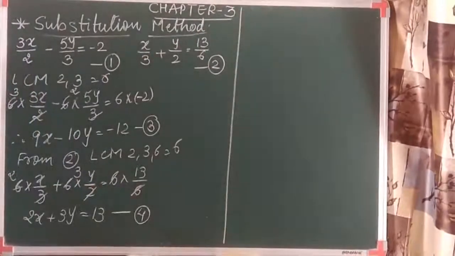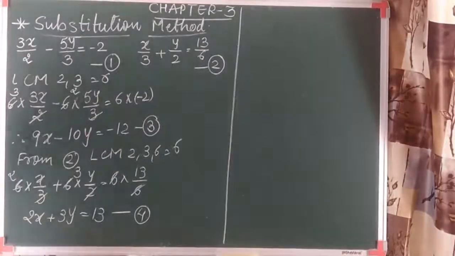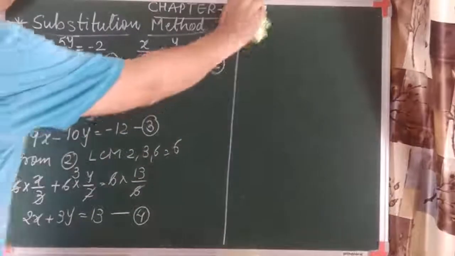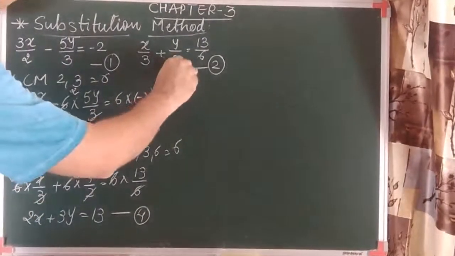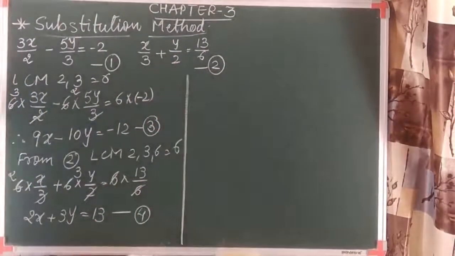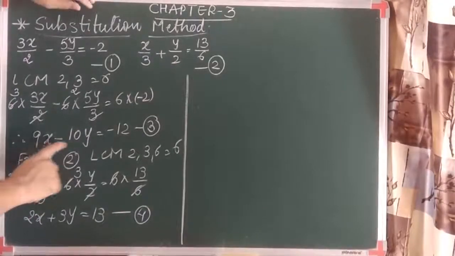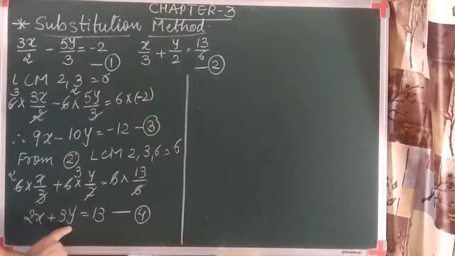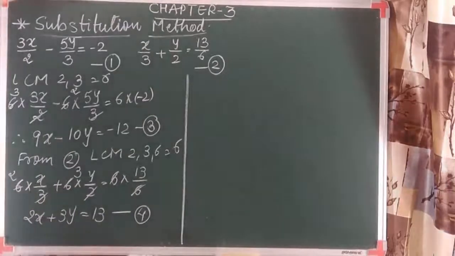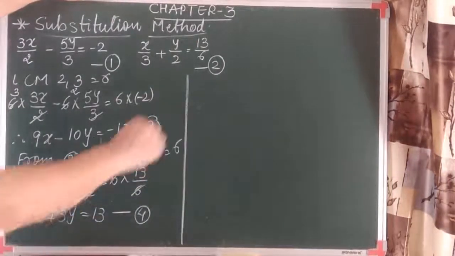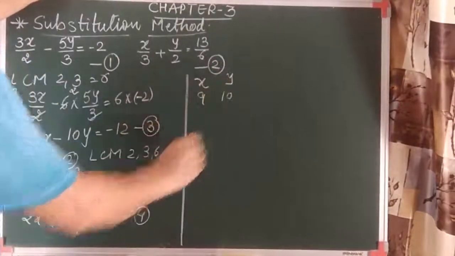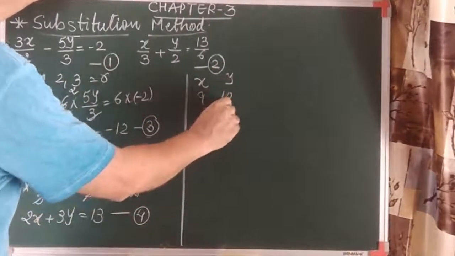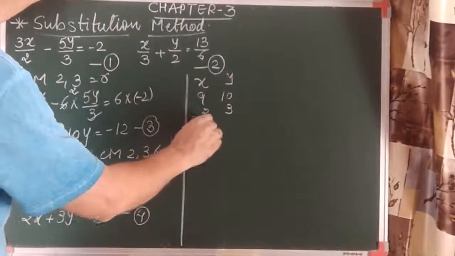Let's go for the method. Let's see whether there is any coefficient that is equal in equations 3 and 4. Do equations 3 and 4 have any coefficient the same? Let us check it. You can see the coefficient of x is 9, y is 10, x is 2 and y is 3. So here we don't have any coefficient equal. Let me just note down the values of the coefficients. It's 9 and 10, and 2 and 3. To make them equal, the LCM is 18 and this would be 30.